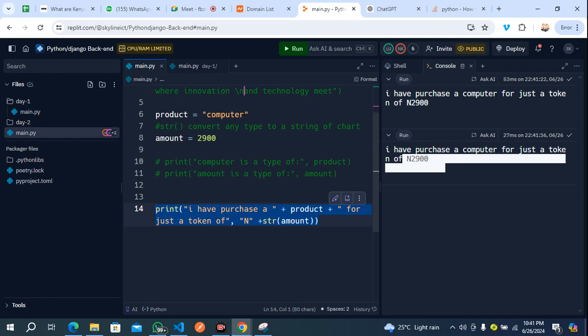Okay, so we've done about the string. We've done a bit about the debugging, and let's talk about the input, the variable. So let's talk about variable, and then when we are done with the variable, we then move to input.